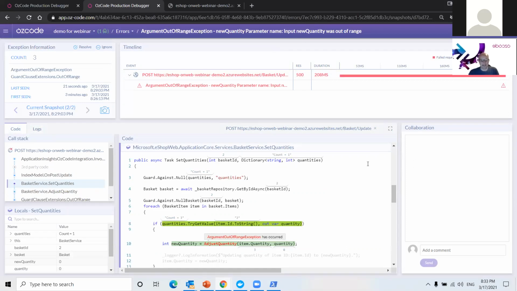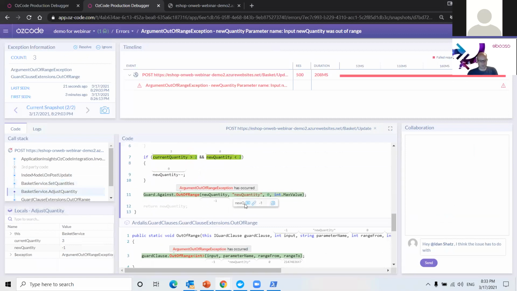And then we can take that one step further by allowing for instant collaboration. Like, for example, I can say, hey, and I could mention my colleague Idan, who was originally supposed to do this webinar, but I'm filling in for him. But I'll go ahead and let him know that I solved the bug for him, right? So I say, hey, Idan, I think the issue has to do with this -1 here.